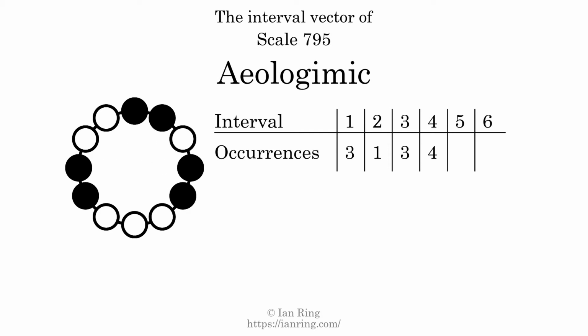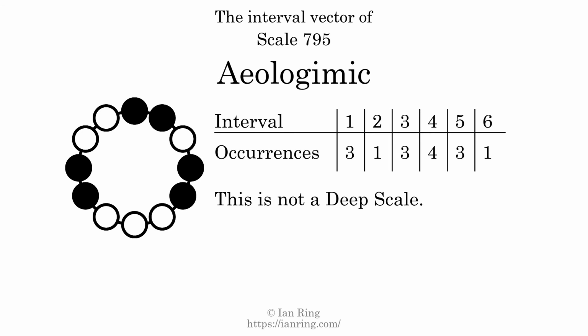There are 4 intervals with a size of 4 semitones. They are here, here, here, and here. There are 3 intervals with a size of 5 semitones. They are here, here, and here. There is 1 interval with a size of 6 semitones. It is here. Each interval does not appear in this scale a unique number of times, so this is not